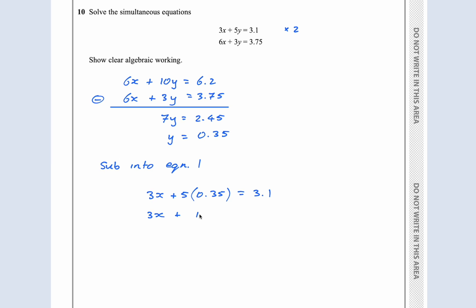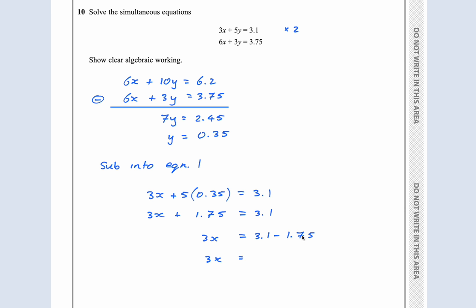So 3x plus 1.75 equals 3.1. Subtract the 1.75. 3.1 minus 1.75